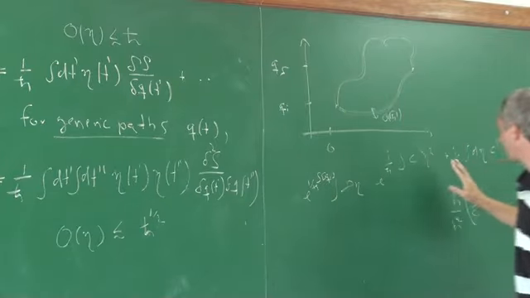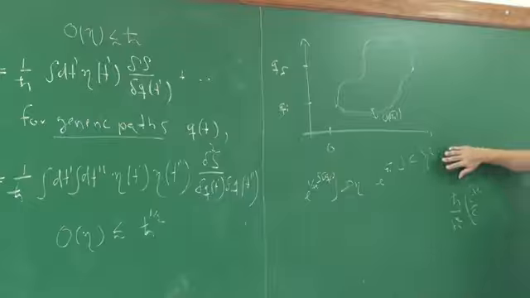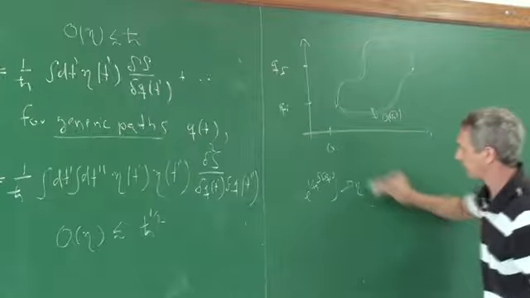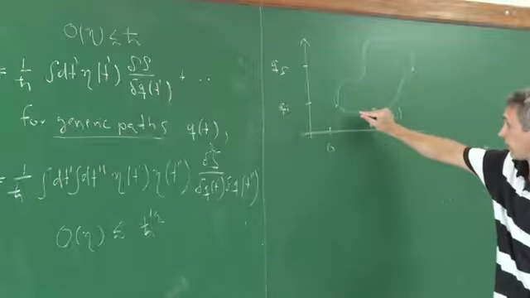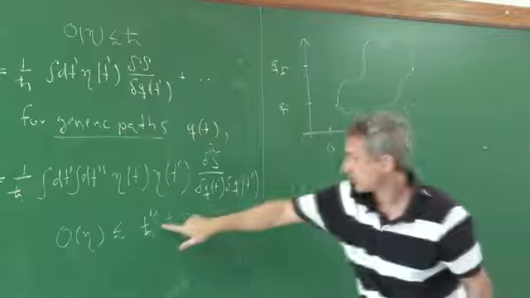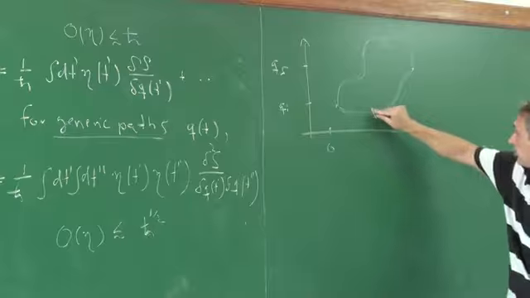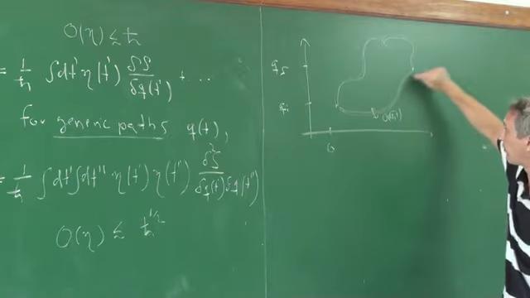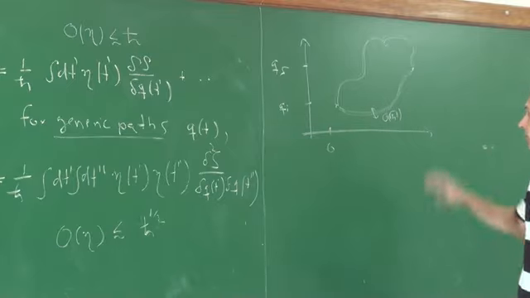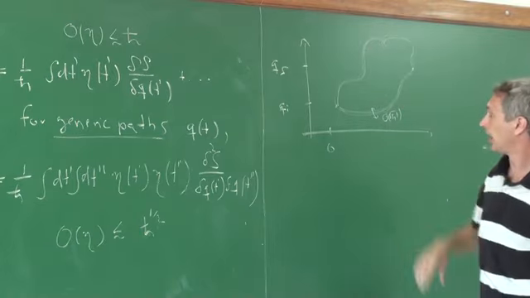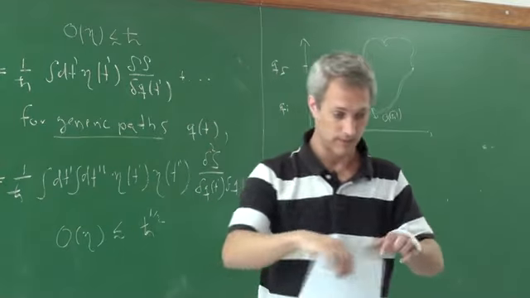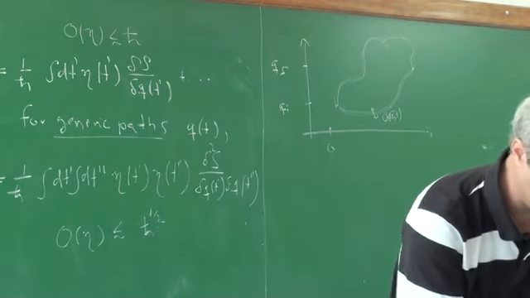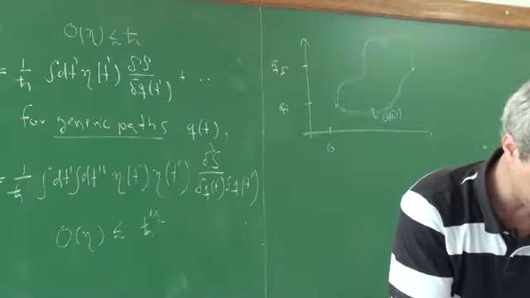In the case of the classical trajectories, I don't have this term, so I just get some fluctuation. Okay? So this is the main observation: around the classical path I have fluctuations of the order of a square root h bar, which define the entire tube of paths, which all have the same action, which all contribute, while in the generic path I don't have that. And this now brings me to the quantum mechanical propagator in the semi-classical